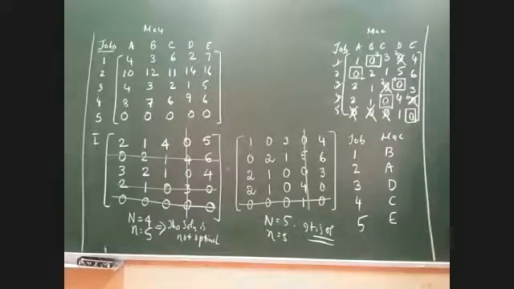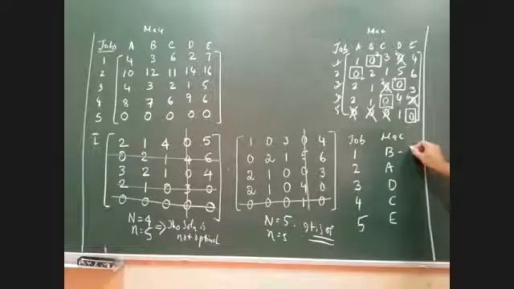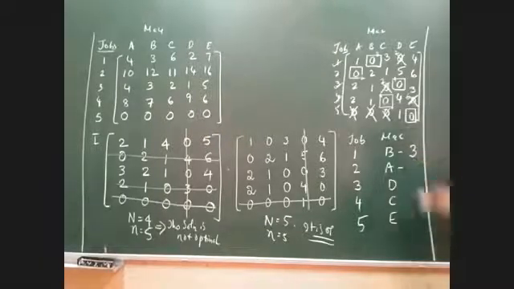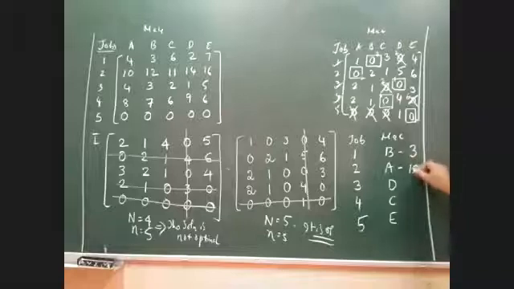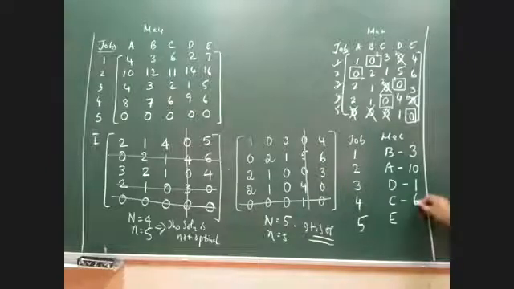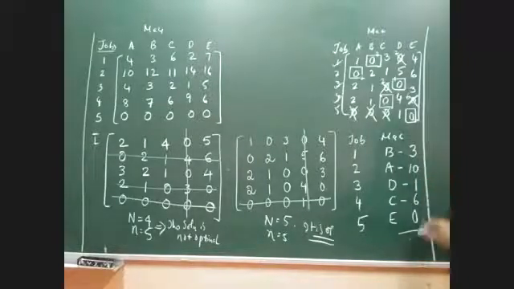So can you please tell me the cost quickly now? 1 to B, what is the cost? 3. 3, sir. Yeah. 10. 2 to A, 10. 3 to D, 1. And 4 to C is 6. And 5 to E is 0. 0. Okay. Add everything, how much do we get? 10, 20. 13, 14, 20. So 20 rupees becomes your